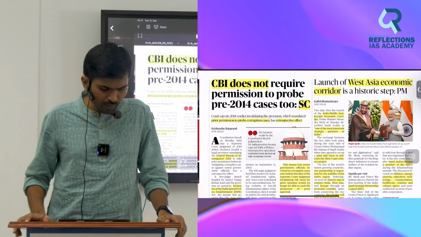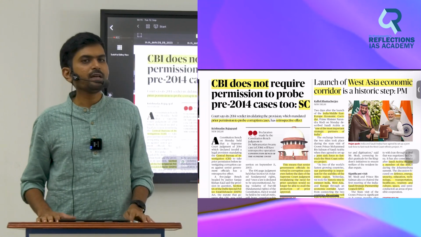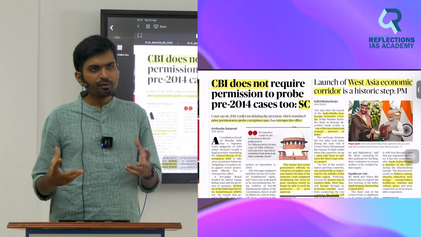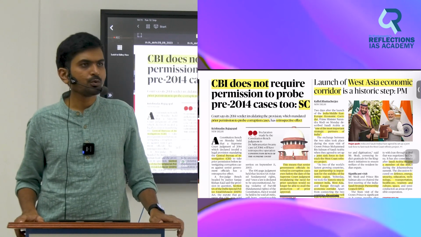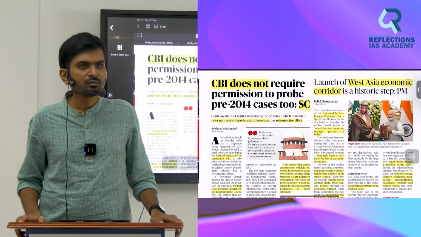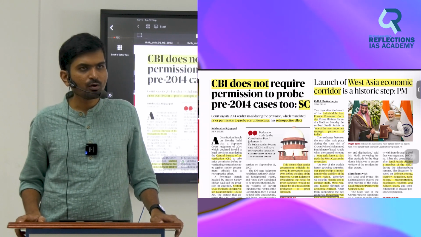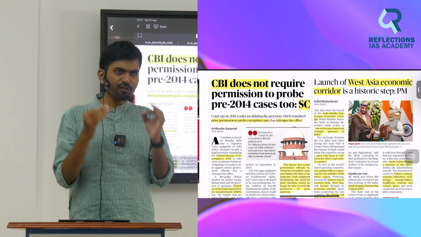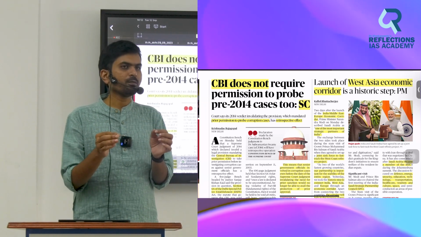So the first and most important article is the CBI related judgment in today's newspaper. First, which paper? GS paper 1, 2, 3, 4. Where is it useful? That is a thought process that you have to develop. I told you, right? So this is homework. Everybody should do this before the class starts, and if possible, try to get a physical copy.